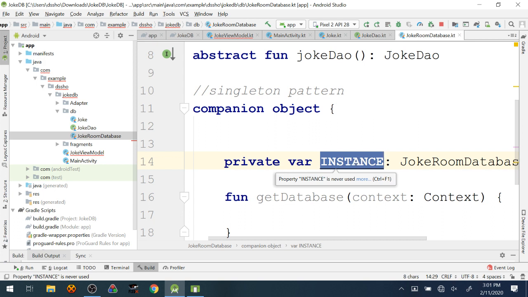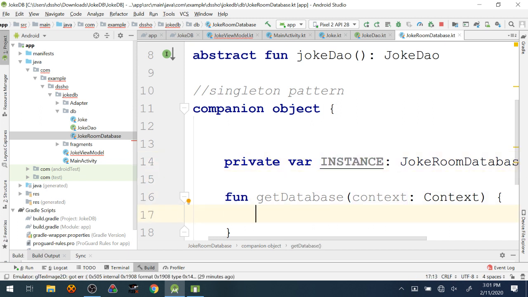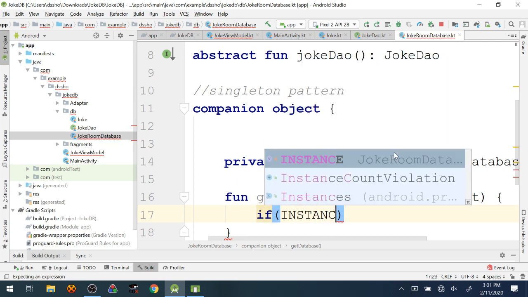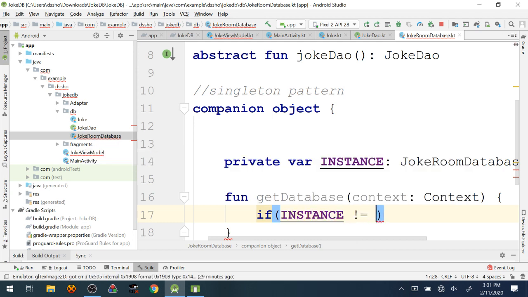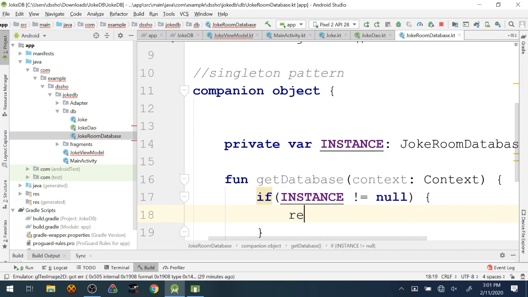If this instance is not null, then we know that the copy's already been made. I'm not going to make a new copy. I'm just going to give you back the copy that already exists. So first thing we're going to do is check instance. If it's not null, then just return it.